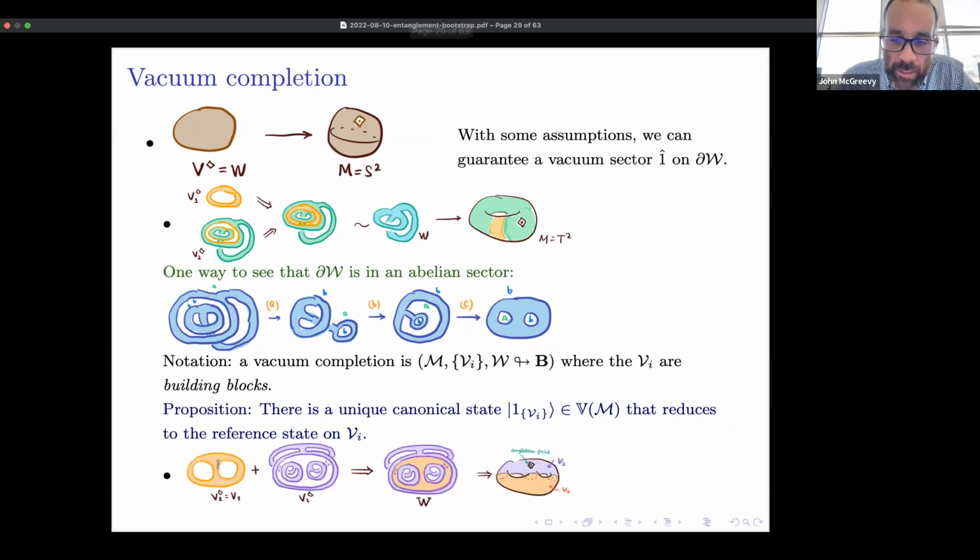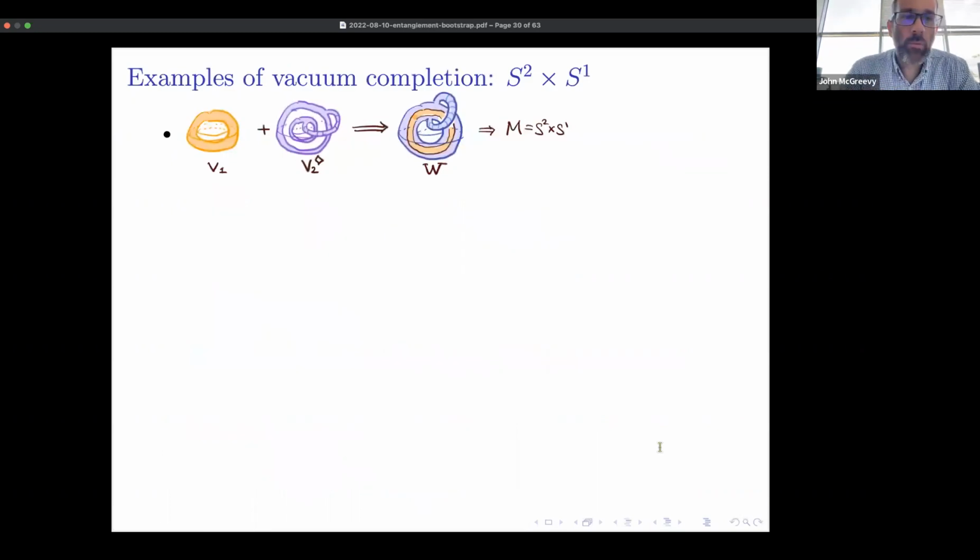And so another example is we can make a genus g Riemann surface by gluing together these ingredients. These are the building blocks. In fact, we can make an arbitrary oriented Riemann surface in this way. Now, a little more ambitiously, let's talk about some examples of making closed manifolds in 3 dimensions. One that will be very important is S2 times S1. So here are some building blocks by which you can make S2 times S1.